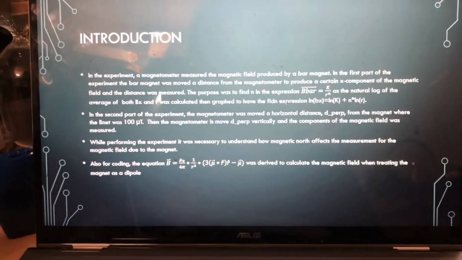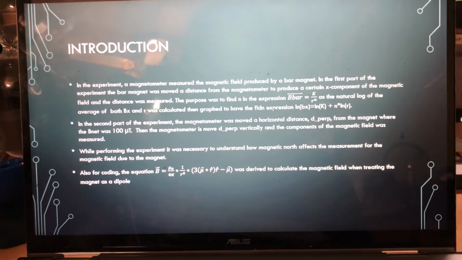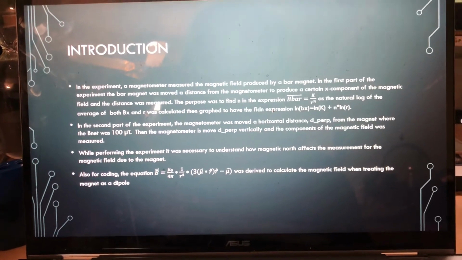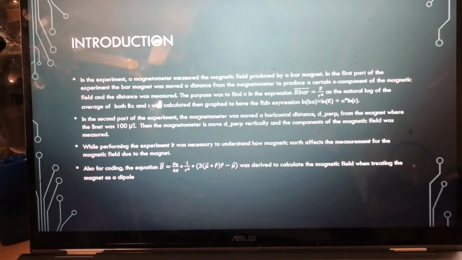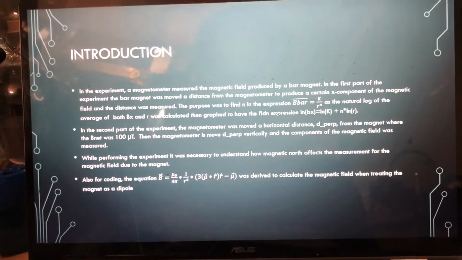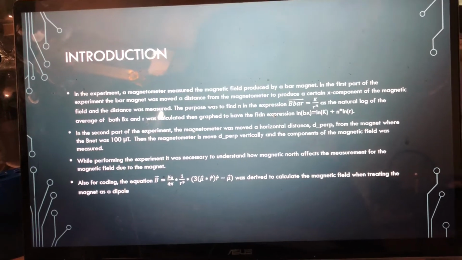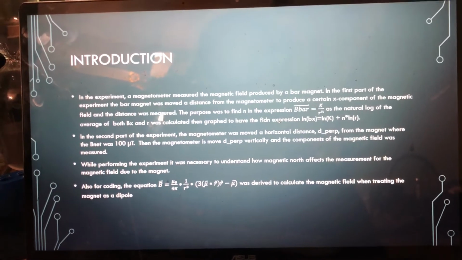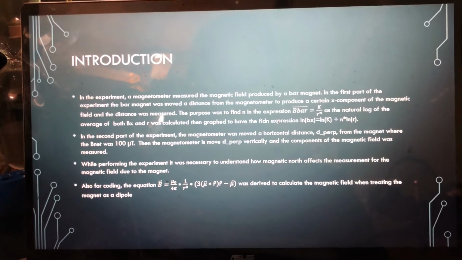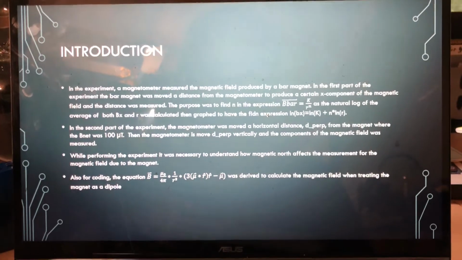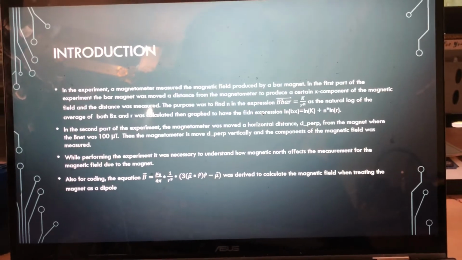The purpose was to find n in the expression B = k over r to the nth power. The natural log of the average of both Bx and r were calculated, then graphed to find the expression: the natural log of Bx is equal to the natural log of k plus n times the natural log of r. In the second part of the experiment, the magnetometer was moved a horizontal distance d perp